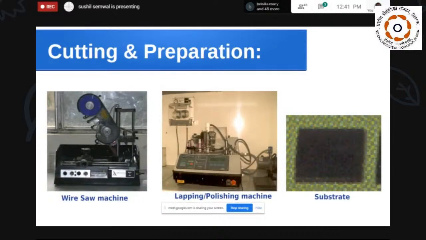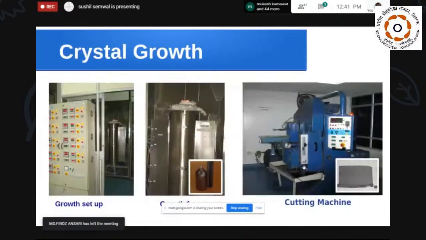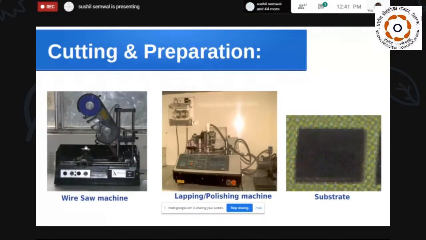The CZT layer is cut into the desired size, for example this is the substrate size that we require, and in the actual growth process we get a very large substrate. So it is cut with the help of this wire saw machine into our required size, and